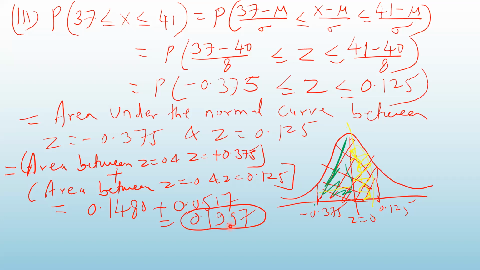So today we have seen how to find the probability of a normal variate by using the properties of the normal distribution. Once this area concept is clear to you, you can solve any problem. So I think we will stop here, and in the next lecture, we will continue. We'll take some more problems.